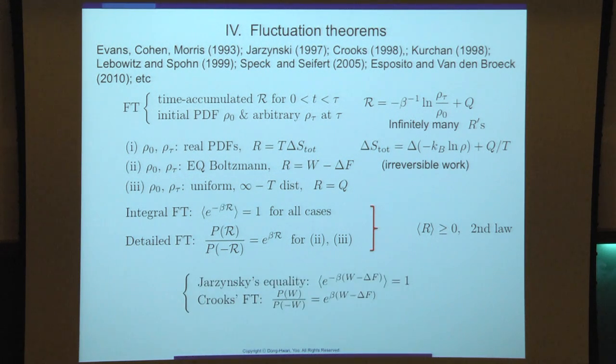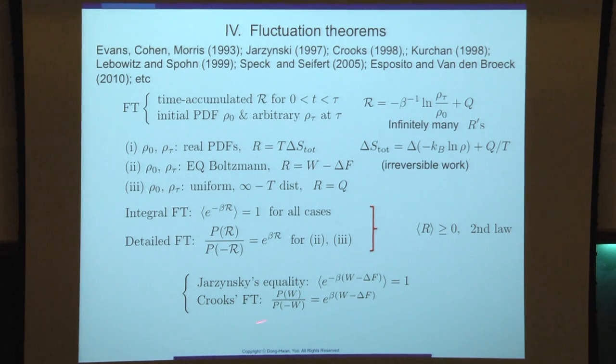And also, there's a special form of the fluctuation theorem. Actually, Jarzynski's famous inequality belongs to this integral fluctuation theorem for work. That's the second case. And Crooks' fluctuation theorem is this detailed fluctuation theorem. An important thing for this form of fluctuation theorem, you need the